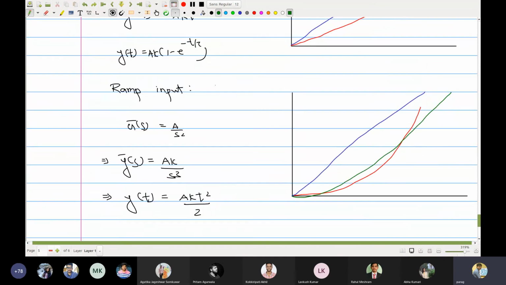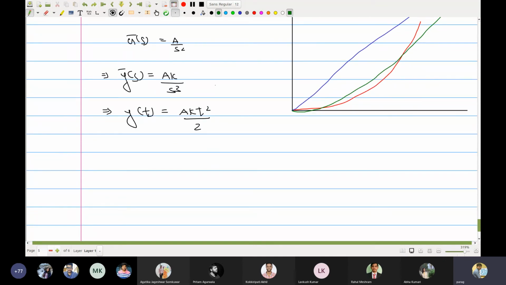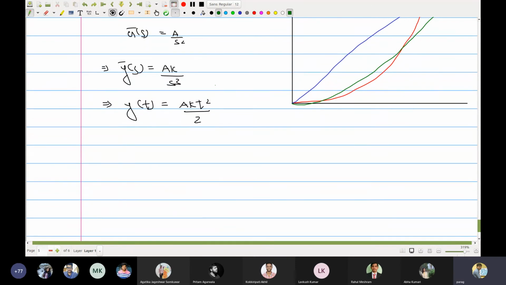Such systems are called pure gain systems, and you need to be really careful while dealing with these parameters. Again, as I have been emphasizing in my previous lectures, the parameters can change the entire game, they can change the entire response drastically. So you have to look into the parameters very carefully and analyze the system. Okay, so this was for a first order system.